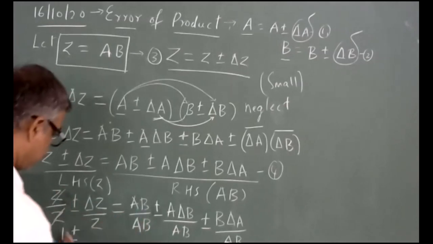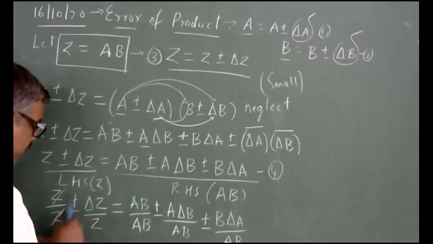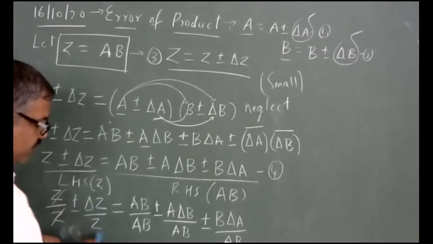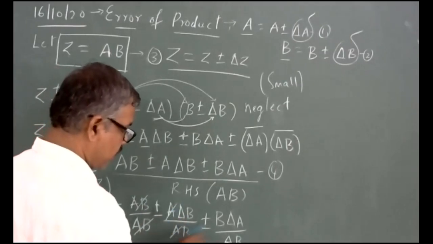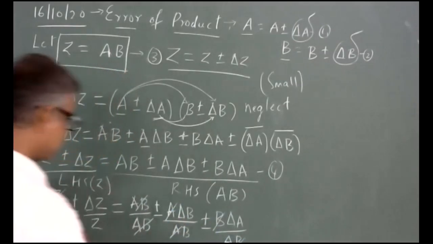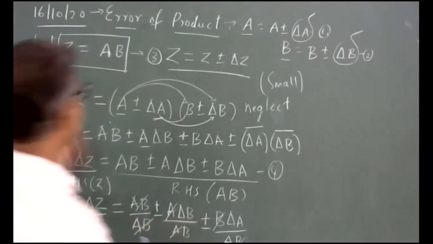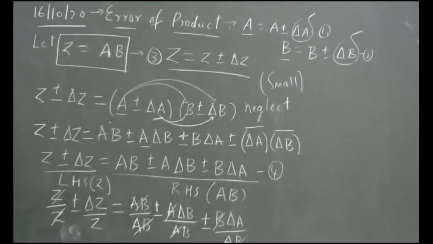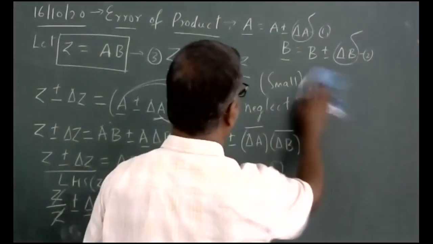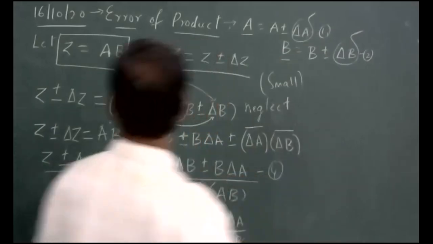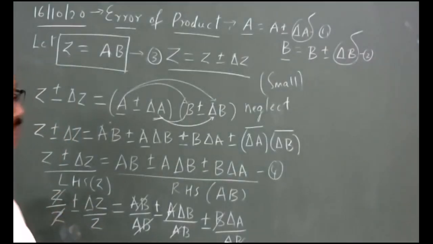Then I have, of course, you can easily appreciate, let me tell and I will write in the next step. It is 1 plus or minus delta Z by Z. It becomes again 1, A cancels out, B cancels out. The relationship looks like, what is the next step? Let me write the next step. I will erase and I will write, cross check. Since I already used it, I will be removing this part. Let me write it here. Simplified step.